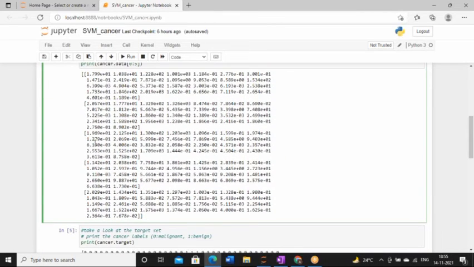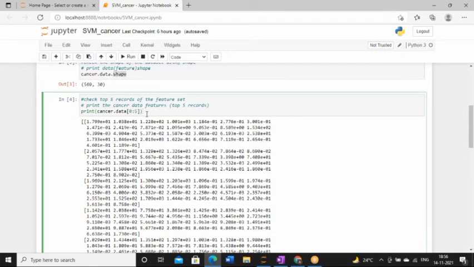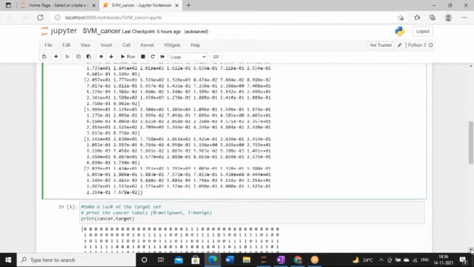See, it will display the 5 records in a list manner, and we know what this list is all about. Whenever we show something within third bracket or square brackets, it will act as a list. So whenever we use this kind of syntax, you have to keep in mind top 5 records or whatever number of records you need will be displayed in the list format. I'm just checking whether my data set is coming properly or not.